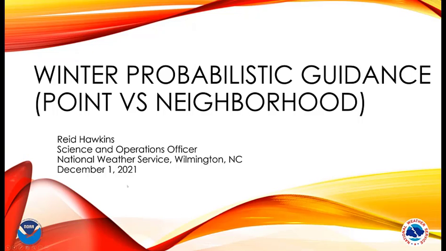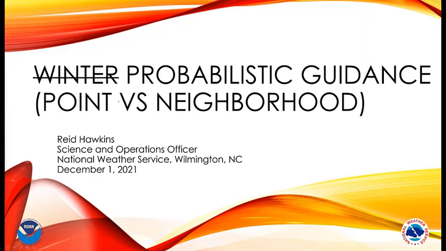My first presentation, we're going to break them up. This one is about winter probabilistic guidance. Point versus neighborhood is the main topic. And so what I'd like to show here is that maybe it's more probabilistic guidance, because when you look at the HREF, you're going to see some probabilistic stuff that says PMM, LPMM, and things like that. And so I want to explain how they get to that and what the difference is between point and neighborhood